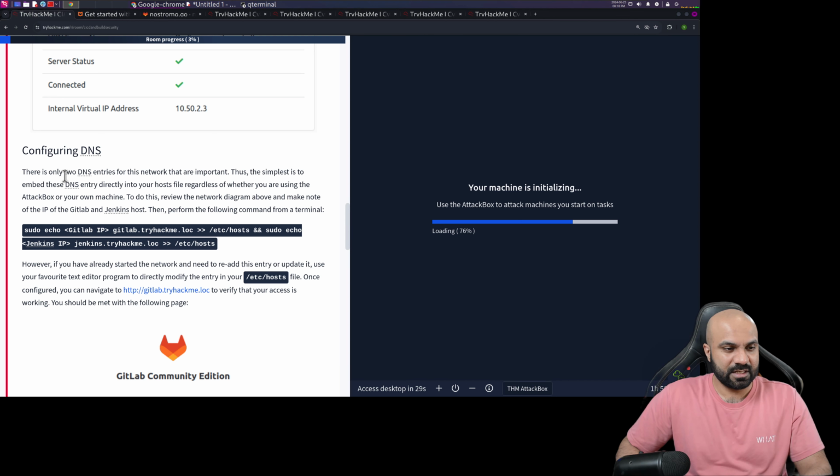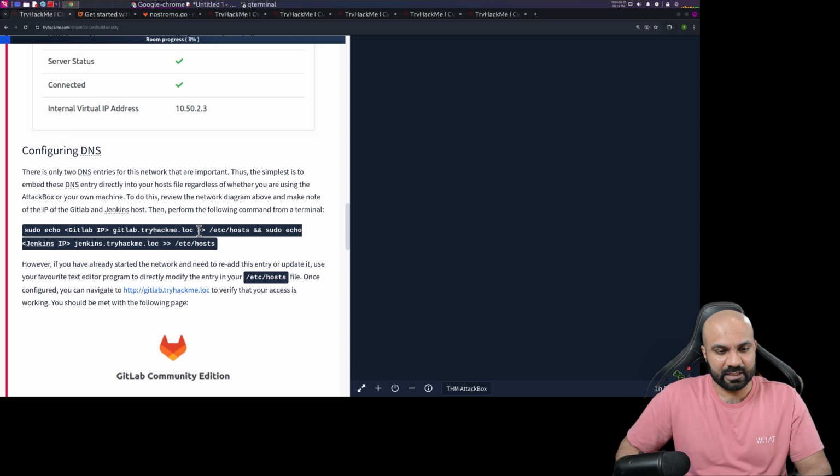Configuring DNS. There are only 2 DNS entries for this network that are important. Thus, the simplest is to embed these DNS entries directly into your host file, regardless of whether you are using an attack box or your own machine. To do this, review the network diagram above and make note of the IP address of the GitLab and Jenkins host. Then perform the following command from the terminal: sudo echo, the IP address, gitlab.tryhackme.loc, and then